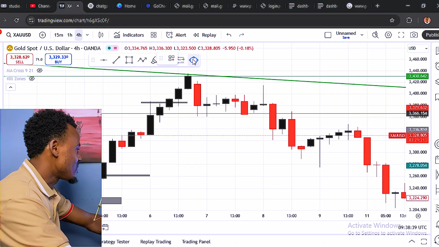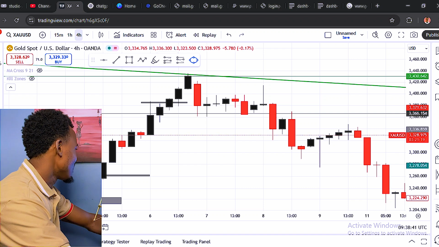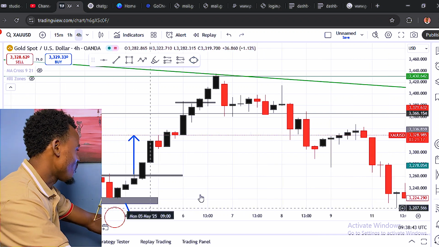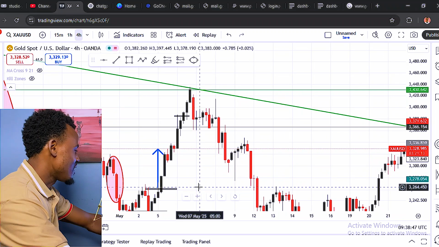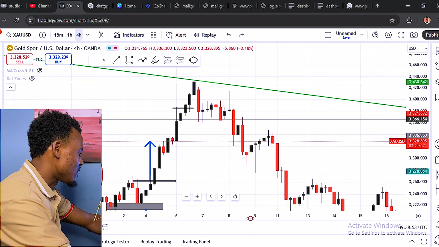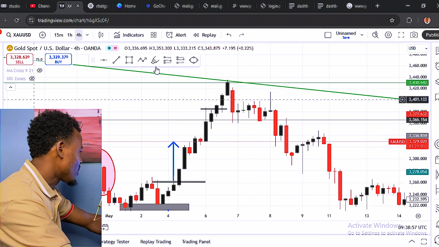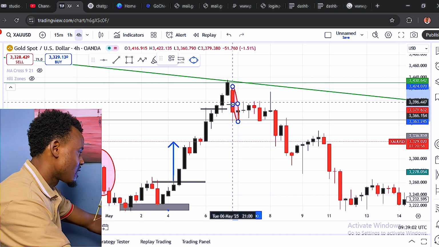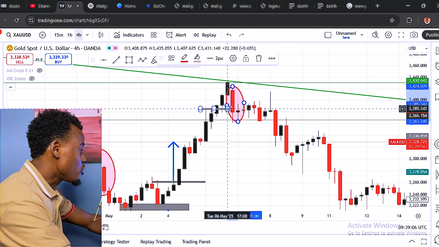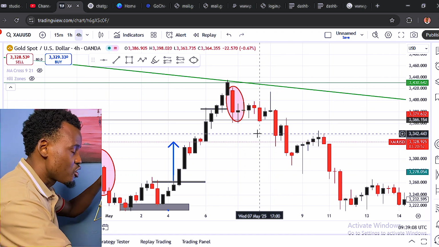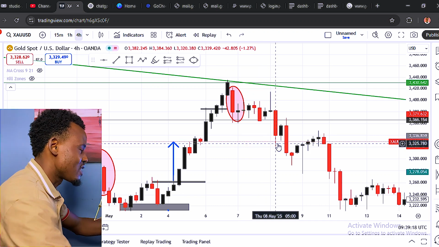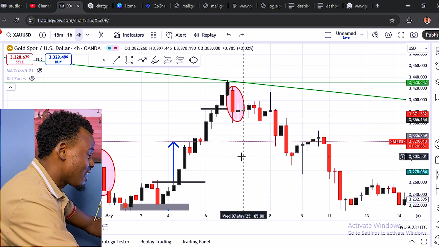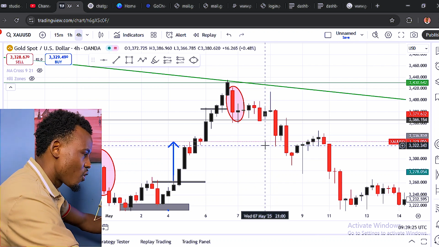Eventually, if they get to this trend line right here, let me show you guys something. It touches this trend line. Don't forget that this is from the 4-hour time frame. It gets to this trend line right here and makes another U-turn back down, in such a way that sellers got into the market again at this point and said, we are not going to allow you to break the trend. The trend cannot be broken. All we're going to do right here is get into the market and push the price back down. And that's exactly what happened here from the law of trading.